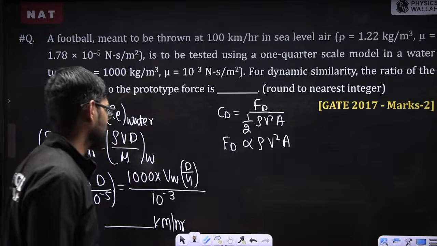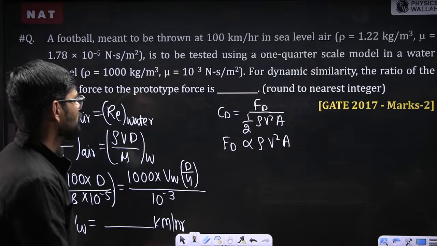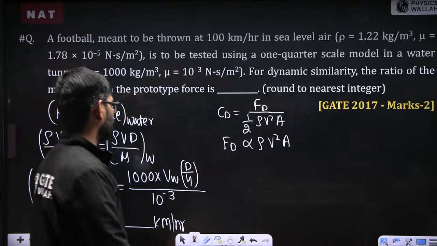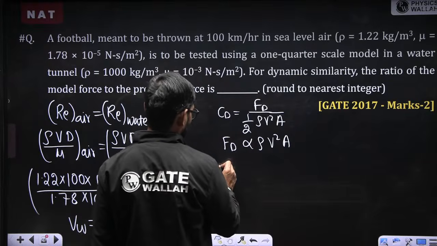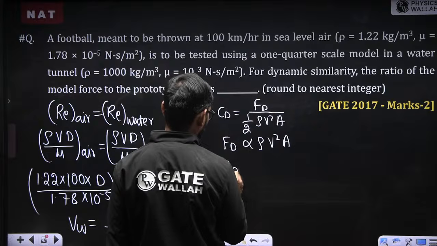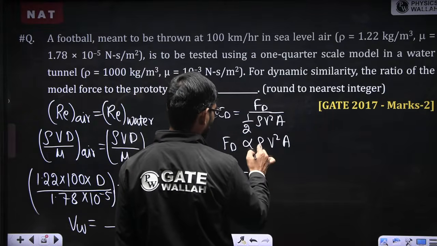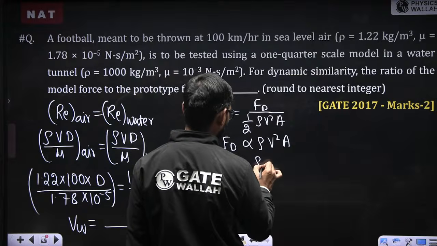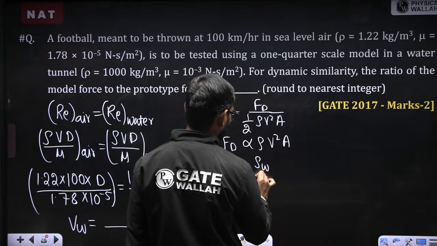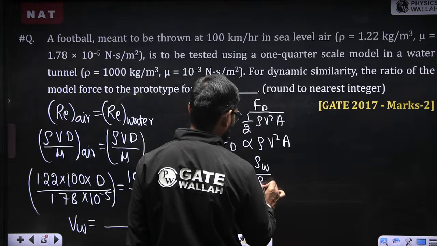CD value I'm taking same. So the ratio of the force in model by force in prototype. So rho of the model is water. Rho of the water by rho of the air